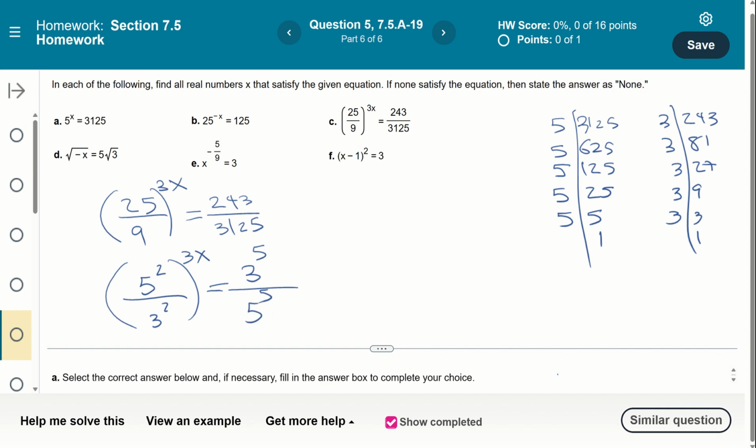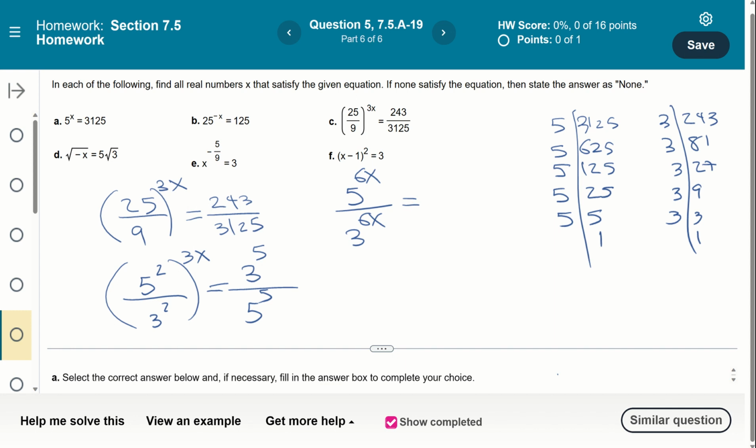All right, so now here I'm going to use the power rule, which means multiply those exponents, right? So I get 5 to the 6x over 3 to the 6x equals,